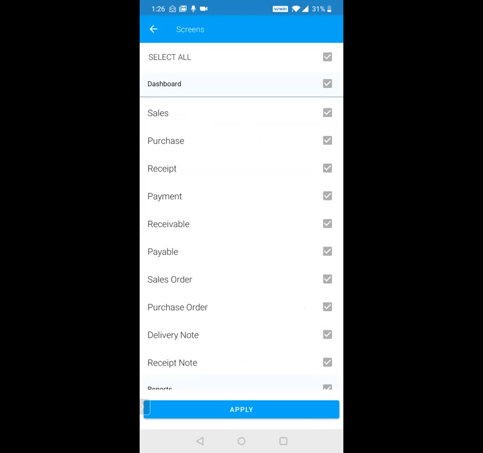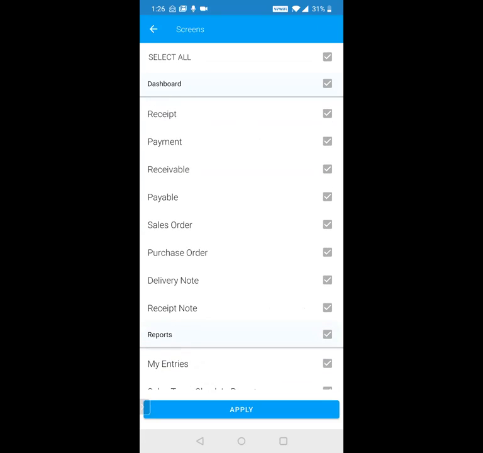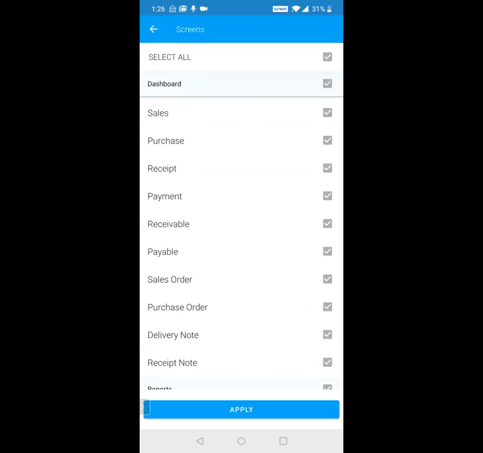Next is the access by screen. So as you saw in the dashboard, these are all the different numbers that you see, right? But I don't want my salesperson to see anything else other than sales, receipt, and outstanding. Everything else should not even be there. Even if it's a zero, it should not be there. I can delete it from here. I can remove it. I will not give him that permission. There are a lot of customers who have collection boys who just go out and do payment collection. For them, they can just say, I'm only going to give him outstanding, nothing else.